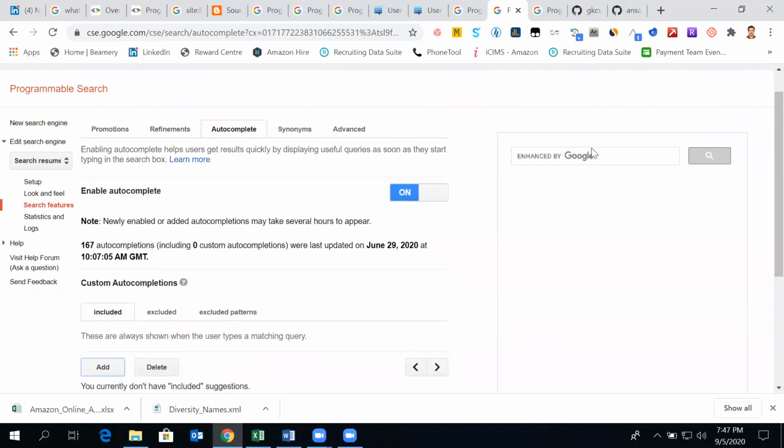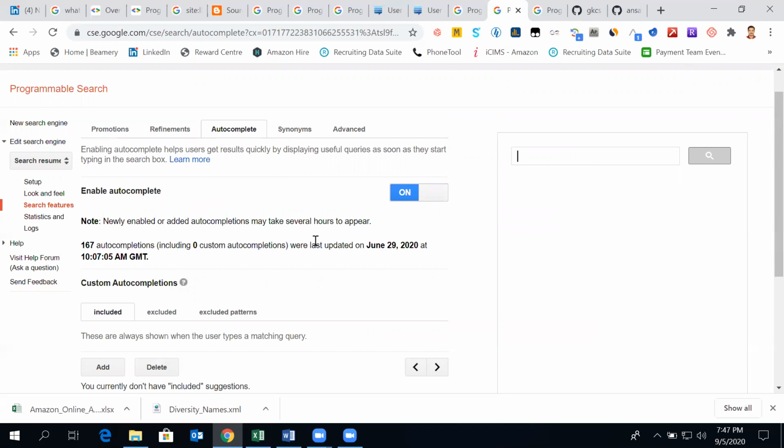This basically enables, as we type here, it will keep on giving us suggestions of what additional words we want the user to get, but that's actually not required. Something like in Google, while we're searching theaters near me or restaurants near me, it keeps on autocompleting. So that is what autocomplete is.